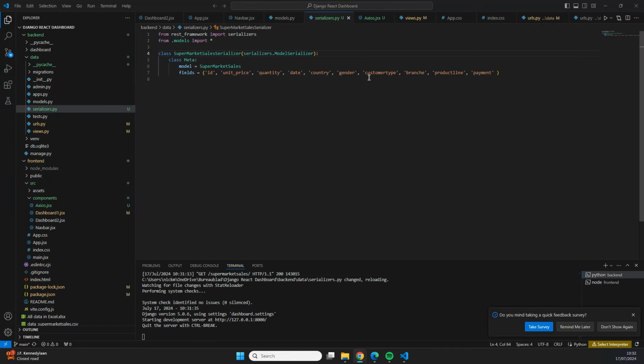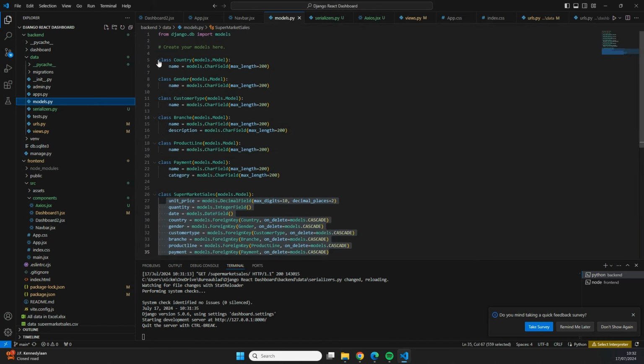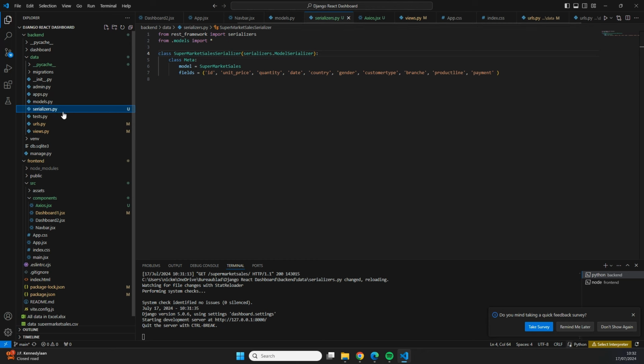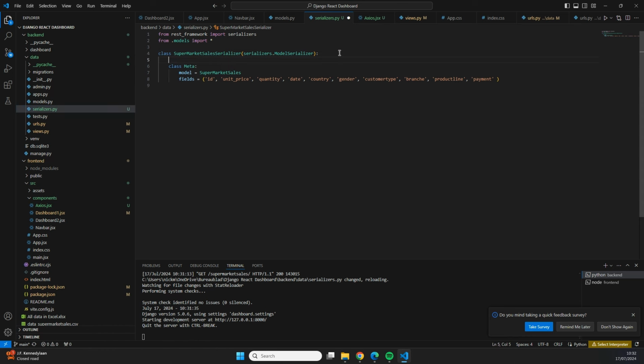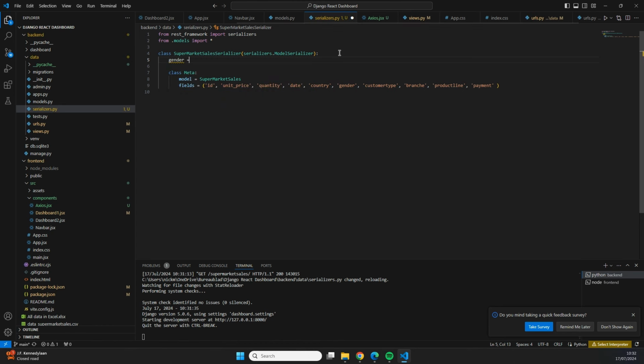So we are back in our code, and let's now make sure that no longer the foreign keys are going to be visible inside of our front end, but the actual name that we've defined in the models.py file for all of these submodels. So to do that, we need to go to our backend code and then to our serializers.py file, because here we're going to change the way that the data is serialized. And we're going to start with an example for the gender column. So what we can do above the class meta is redefine the way that gender is going to be presented to our front end. And we can say